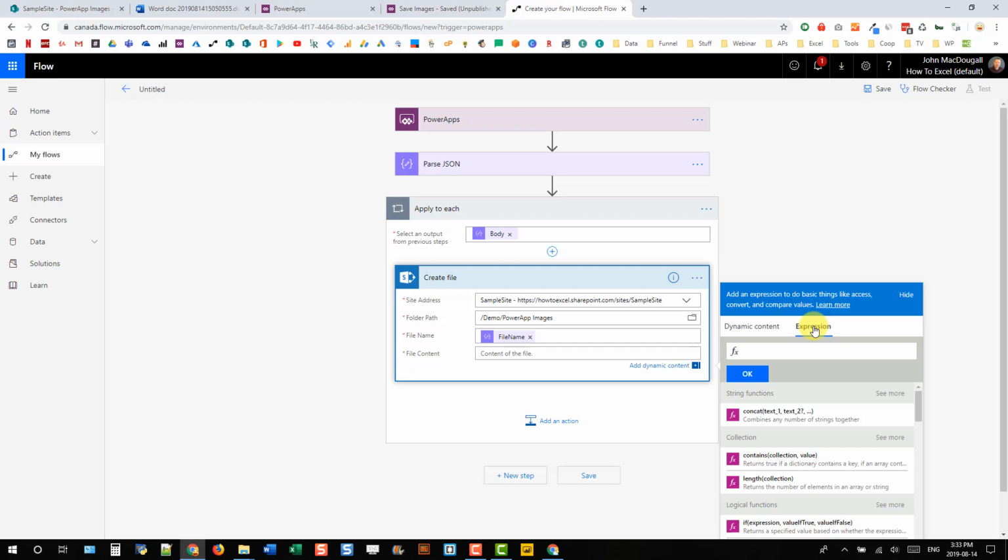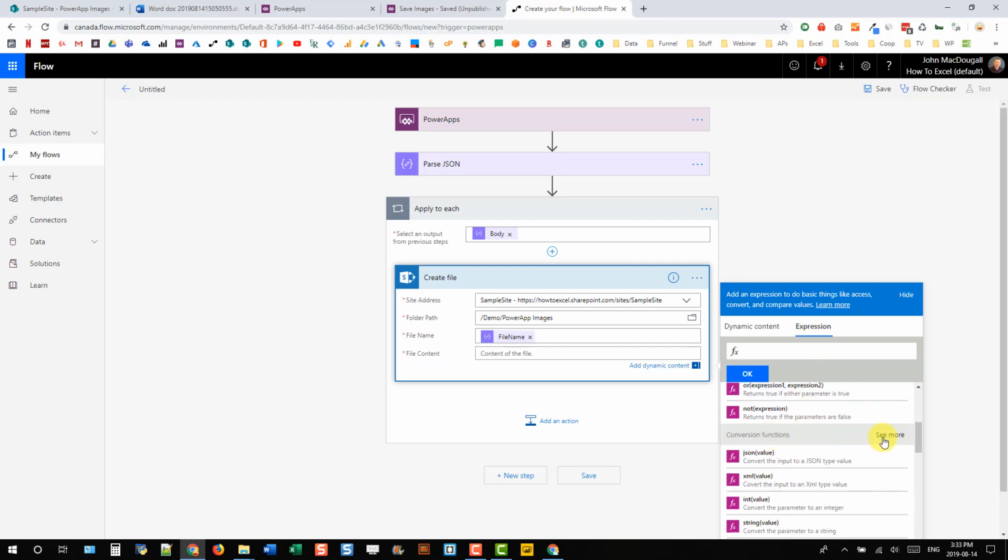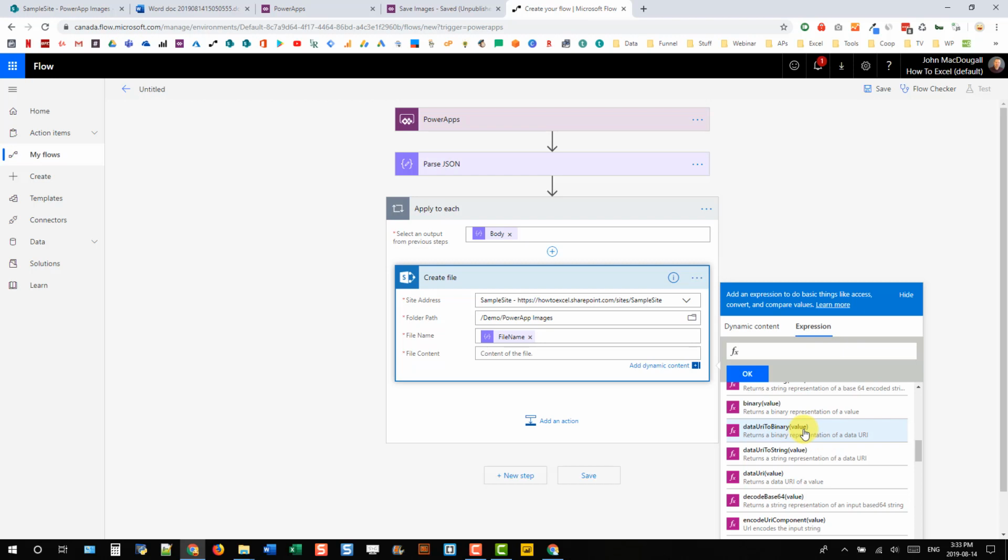So the expression that we need is in our conversion functions. And let's just click see more. And the expression we need is data URI to binary. So that's going to convert our data in our JSON to a format that SharePoint is going to be able to use for images. And so in this data URI to binary, we need our image from our parse JSON